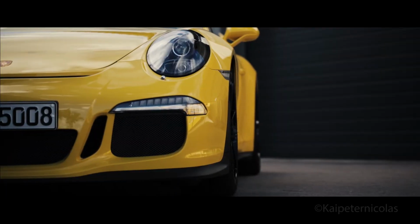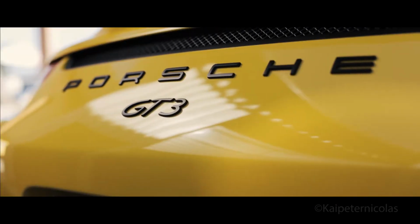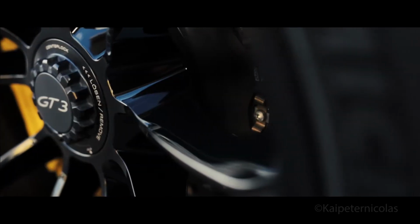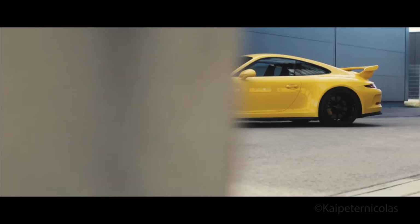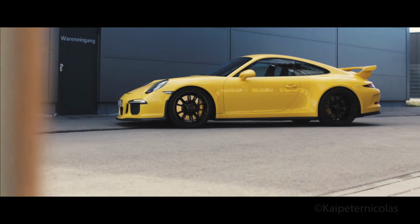A lowered suspension with a wider front axle and even more air inlets. A stronger, high-revving naturally aspirated engine that revs up to 9,000 RPM. And probably the biggest brakes you can find on a road car to stop all that craziness. All this combined makes the GT3 a legacy and causes excitement among car enthusiasts that are lucky enough to spot